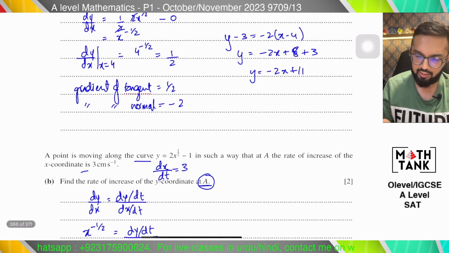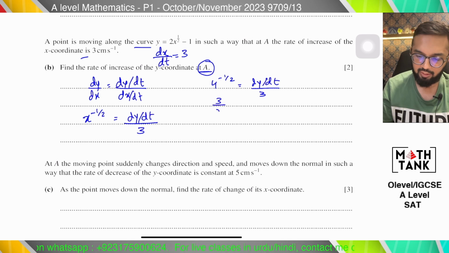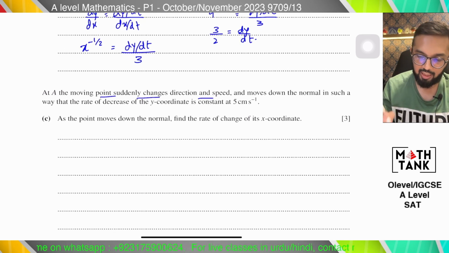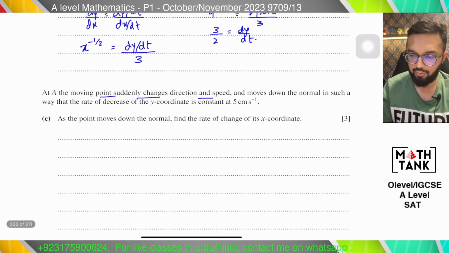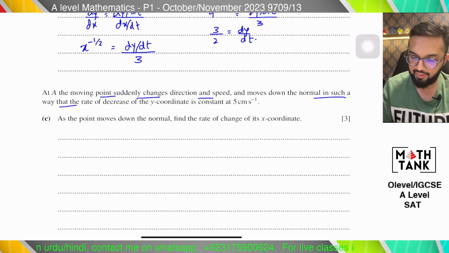What is the point A? It is point 4. So I'm going to say that 4 power minus half equals dy over dt divided by 3. That gives me 3 over 2 as dy over dt. Then it says that A, the moving point, suddenly changes direction and speed and moves down the normal in such a way that the rate of decrease of the y coordinate is constant at